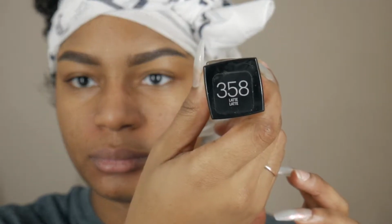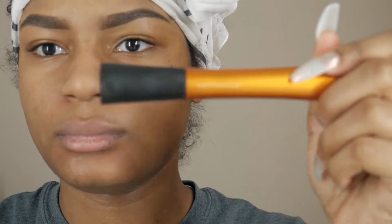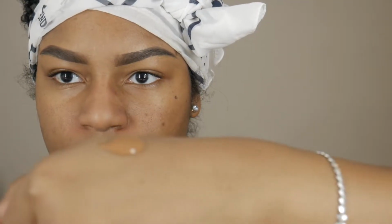This is the foundation I use, 350A, Maybelline Fit Me, the matte and poreless one, and I use a Real Techniques brush. It's like a powder brush, I believe, and those are at Walmart. It's like $8, very affordable, and I just take a little bit of that and put it on my hand to warm it up,